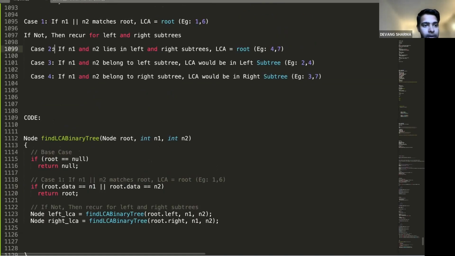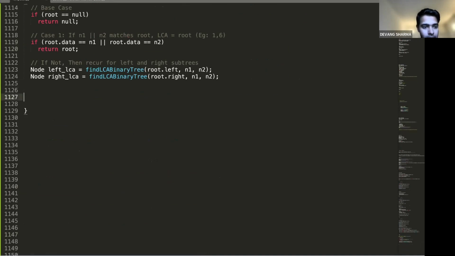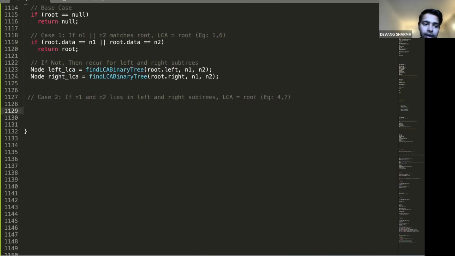Let's take case number 2. If n1 and n2 both lie in the left and right subtrees, it means this left LCA will not be null and this right LCA will not be null. Agree? Let me write it here: if n1 and n2 lie in left and right subtrees respectively,